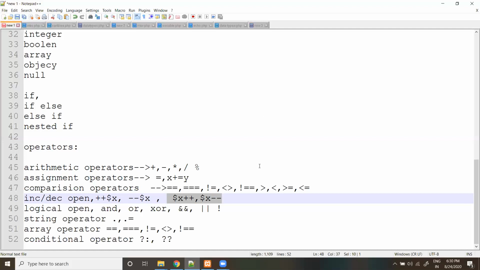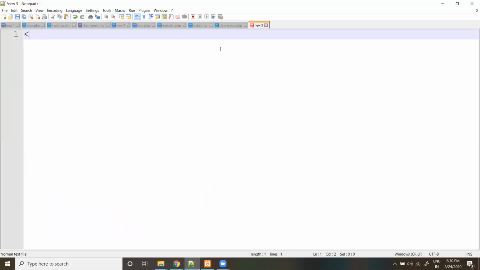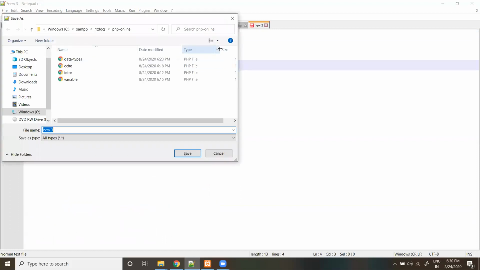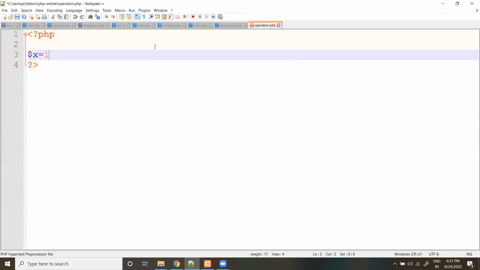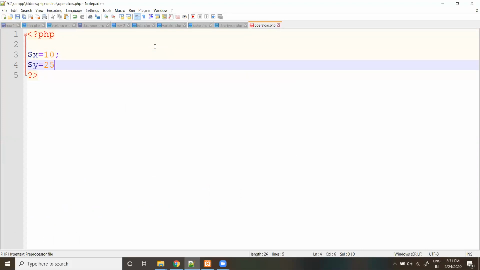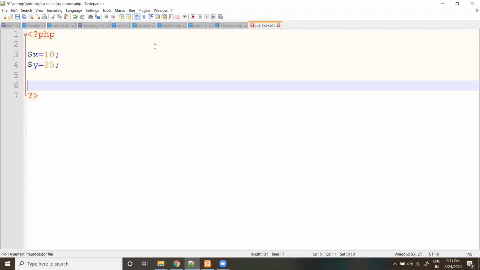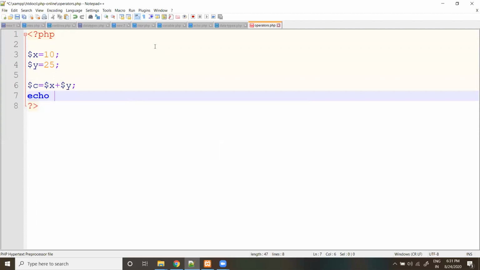If you want to go for arithmetic operators, I will go with two or three examples. If you have dollar x equal to 10, dollar y equal to 15, then dollar c equal to dollar x plus dollar y, then echo dollar c.